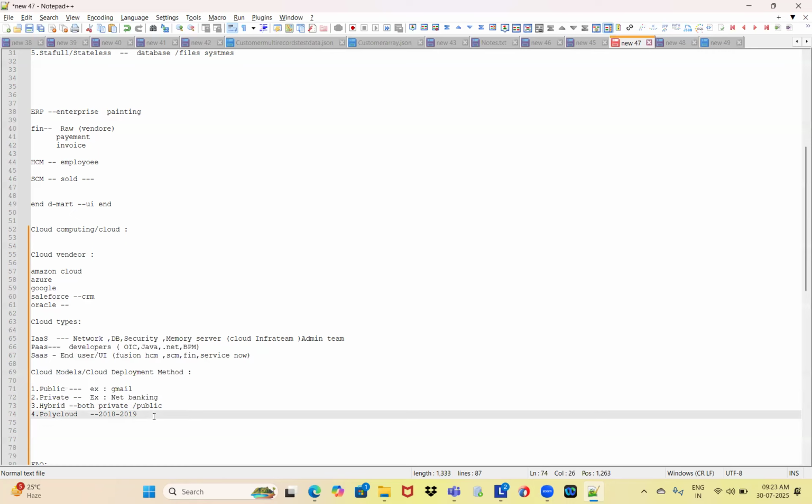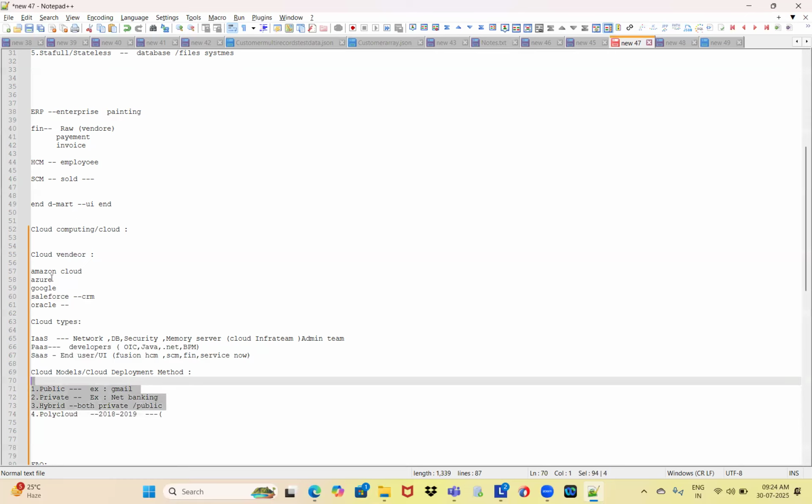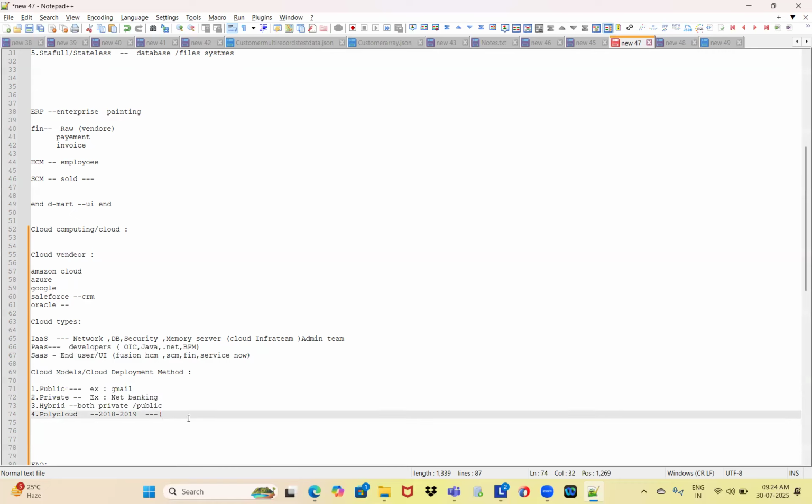And coming to the poly cloud, it is newly started. Earlier we had these three methods, with vendors like Amazon, Azure or Google, Salesforce and Oracle, right? But here Oracle comes together with Microsoft. Together Microsoft and Oracle started the deployment method as a poly cloud.